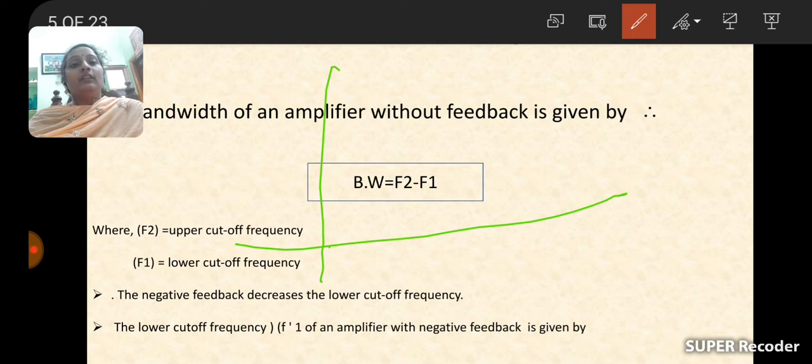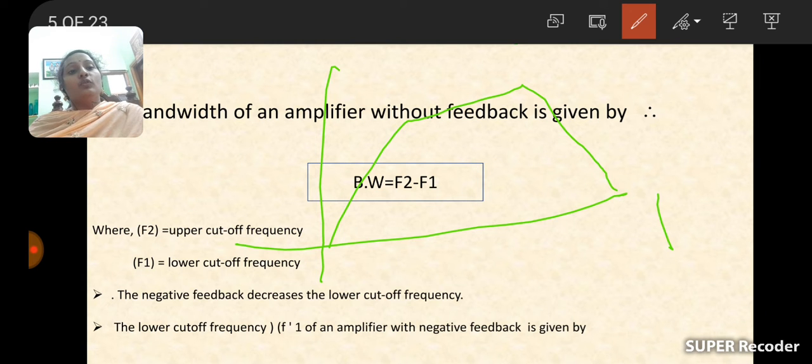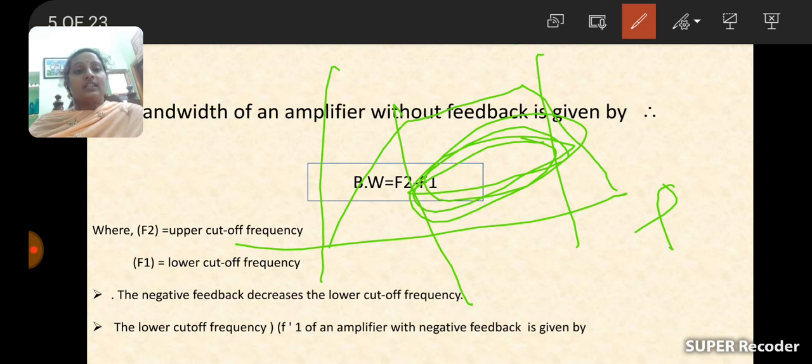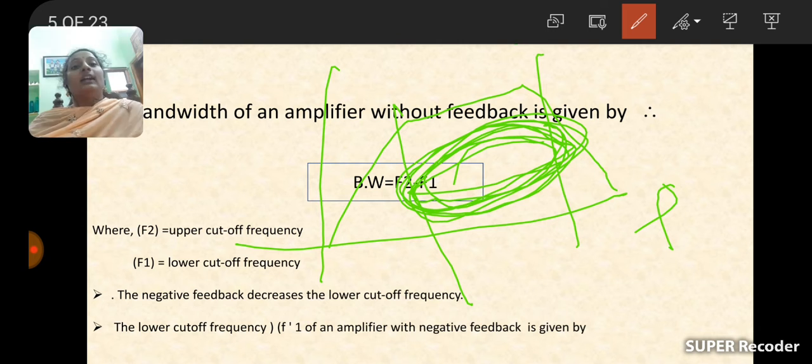So here bandwidth indicates a group of frequencies or a certain range of frequencies. The bandwidth in an amplifier indicates the group of frequencies